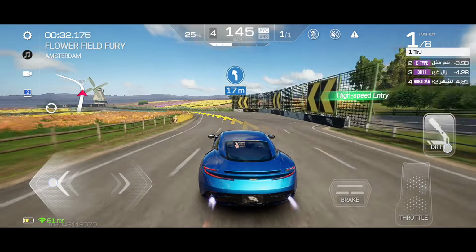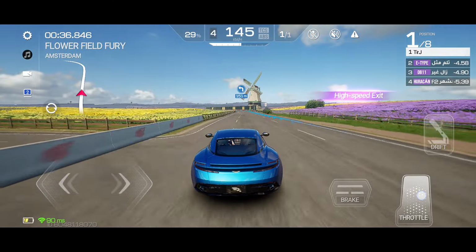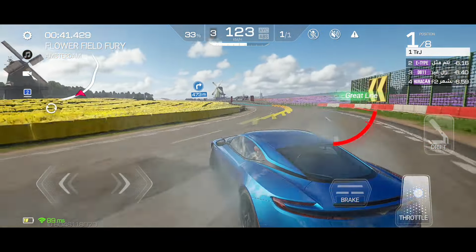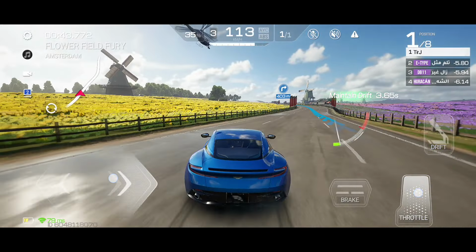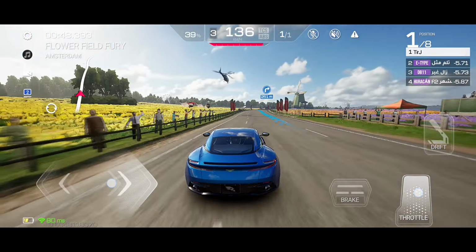Anyway, if you would like to speed up your progress, you can do a gacha to get a better spare part and raise your acceleration and top speed significantly. Overall, I love how smooth and easy it is to navigate the car, and it only takes a few moments to master it. Racing Master is the best free game on Android and